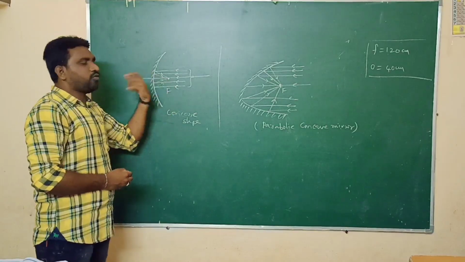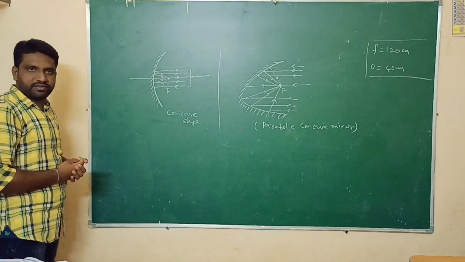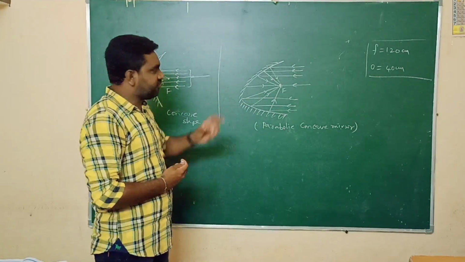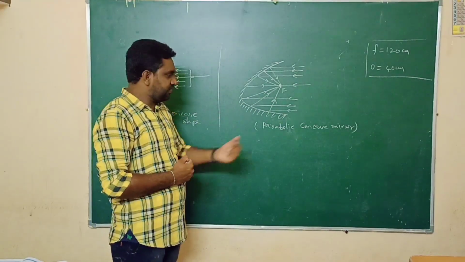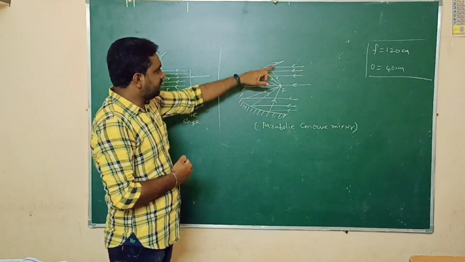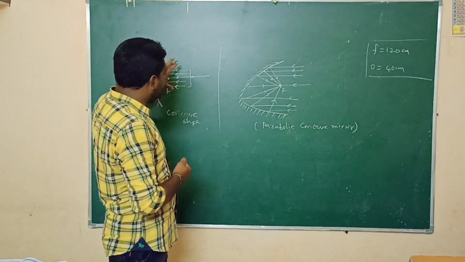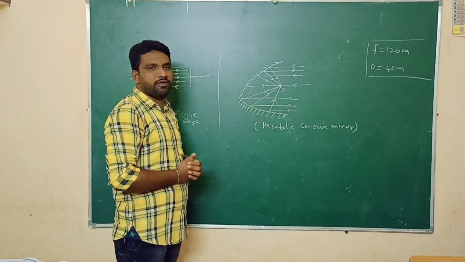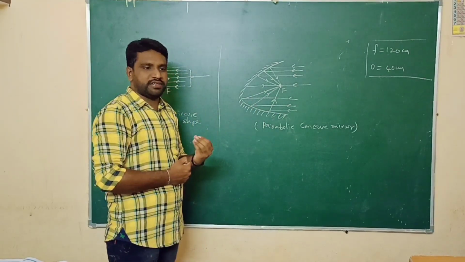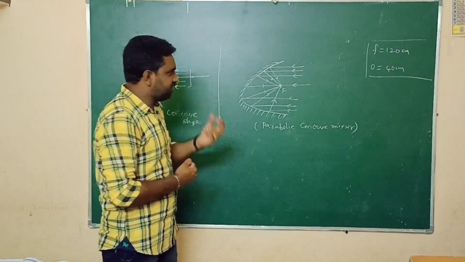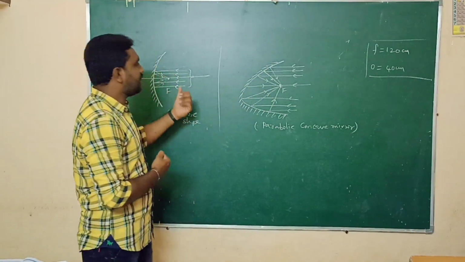So we cannot get more brightness. That's why we use a concave mirror, but its shape is not exactly concave. It is nothing but parabolic shape, a parabola, U shape. If instead of a concave mirror we use a parabolic shape concave mirror, we will get more brightness. The light will move more distance. We can see the road more clearly compared to the concave mirror.